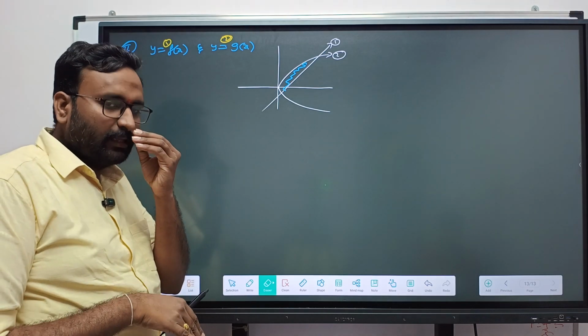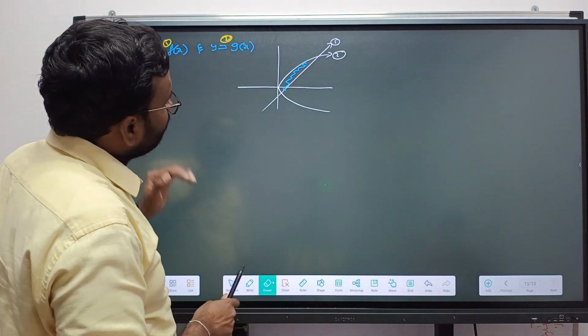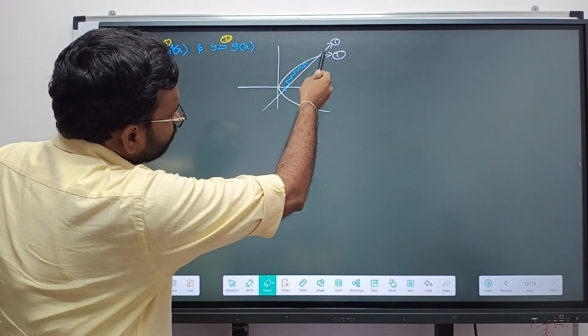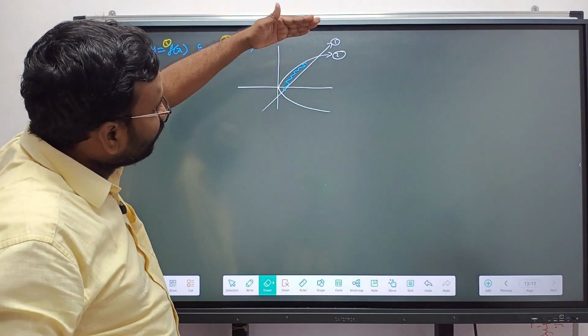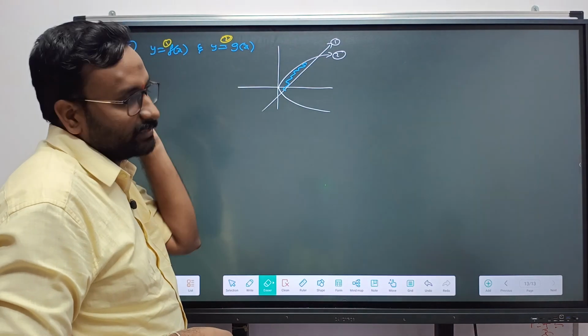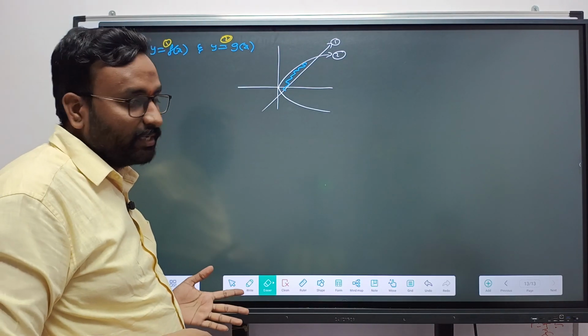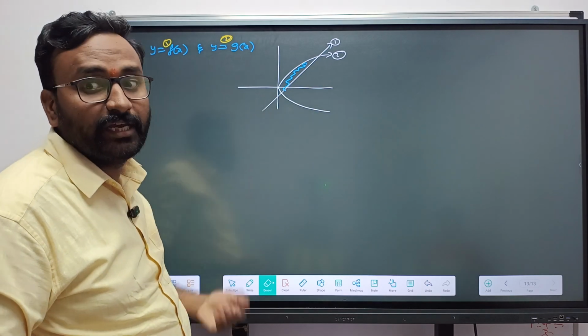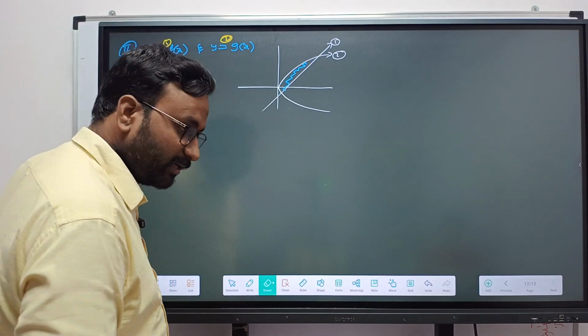Here in this area, the words upper and lower. If you see, this is the upper curve, this is the lower curve. So if you apply 2 minus 1, you will get exactly positive area. If you do 1 minus 2, you will get negative area. That's why we apply mod. Okay, so now come to